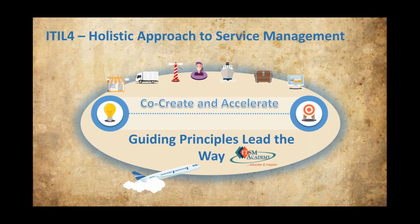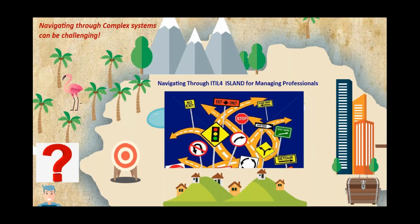And also keep in mind that these guiding principles that we're going to discuss can be applied to any and all initiatives throughout your service management journey. So this might be what you feel like. It's an understatement to say in the upper left-hand corner there that navigating through complex systems can be challenging. And many times when practitioners and managing professionals are adopting and adapting ITIL, they find that what they're doing in practice does not seem conducive for what ITIL is recommending. And it can become daunting and perhaps sometimes a little bit overwhelming in some organizations as we try to navigate and address the challenges of these complex systems. And then we have things like governance, regulatory, legal requirements, and just the overall continual need for change that adds